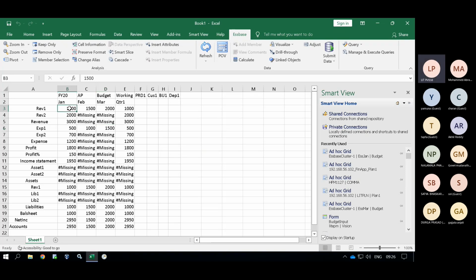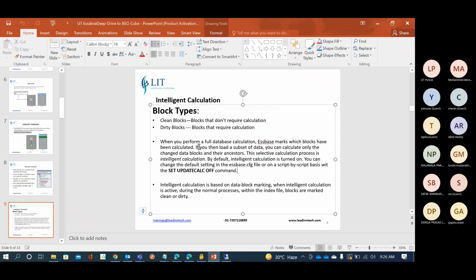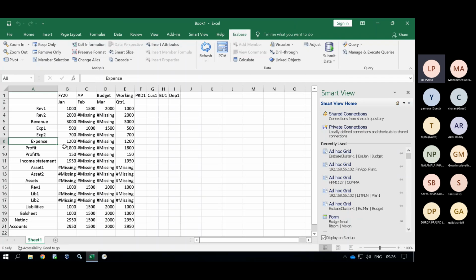Yes, sir. Because January is already calculated, I didn't change anything. Why should I go to the January block, right? So if you load a subset of data, you can calculate only the changed data blocks like Feb and March and their ancestors, meaning the parent, expense, revenue, like this. Okay. So now what will happen if you calculate only the changed blocks, then